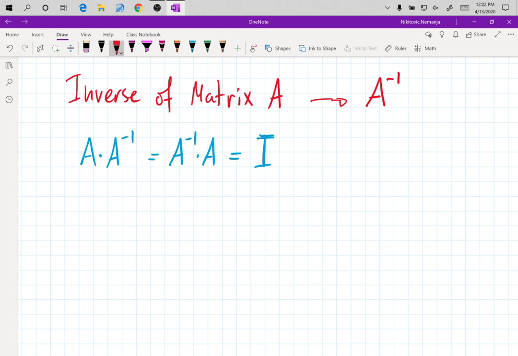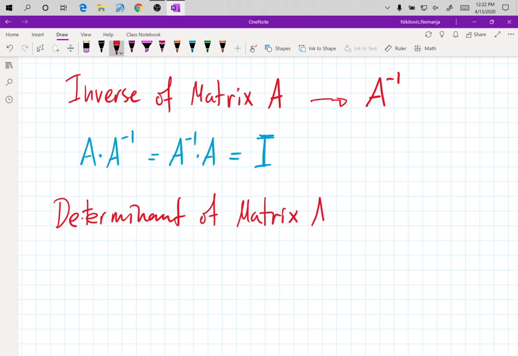So there's a whole bunch of things that we have to first deal with. So inverse of the matrix is just denoted this way, so I can write the property. Now I'm going to say determinant of matrix A is denoted as